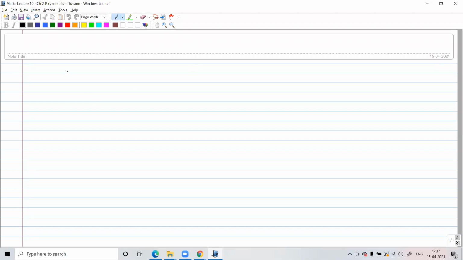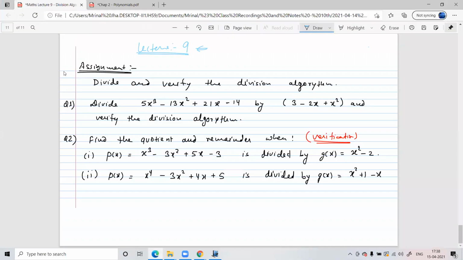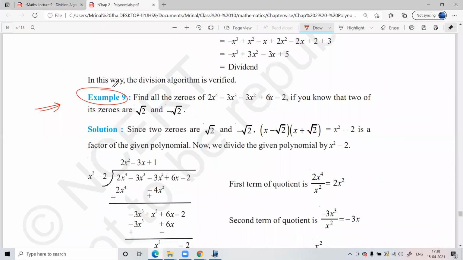So what I'm saying is today also we are going to see questions related to division, but the wordings of the question is going to be slightly different. Okay, so let's take up this example 9 from your NCERT book. Okay, this is chapter 2, polynomials,